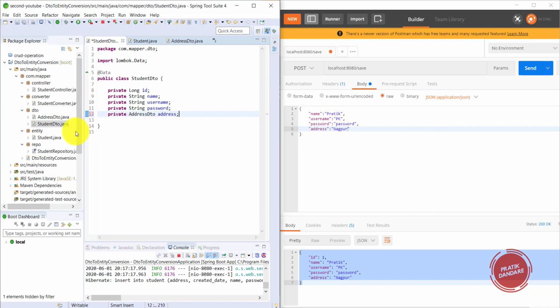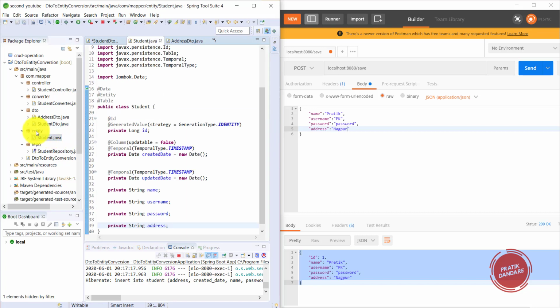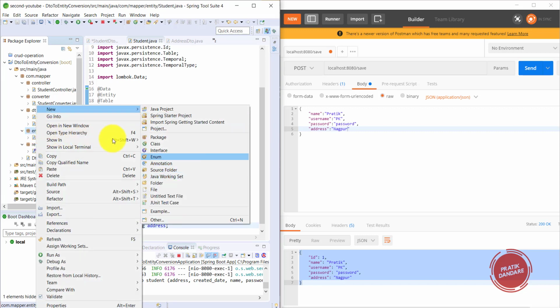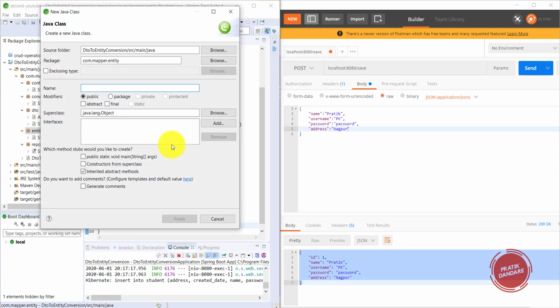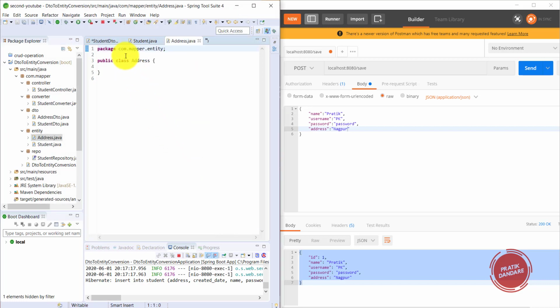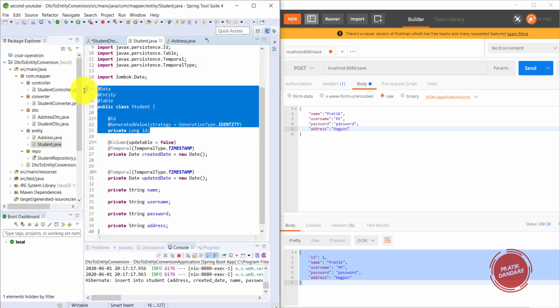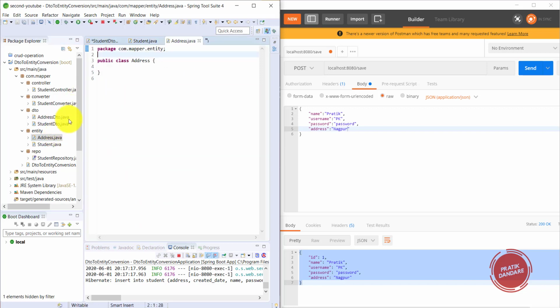After creating AddressDTO here, I need to create Address as an entity too. So I am creating it. We have the entity annotation, and I am copying all the annotations, all this part, and putting it here.